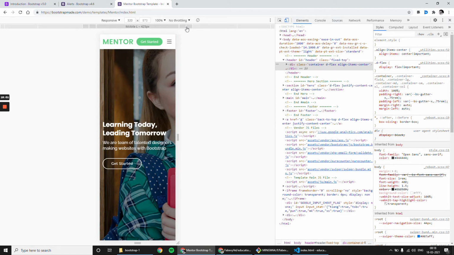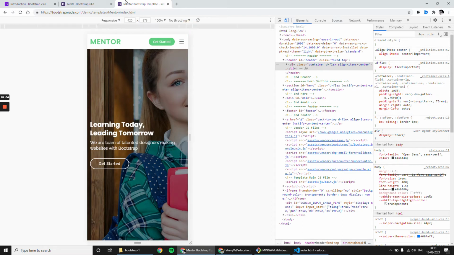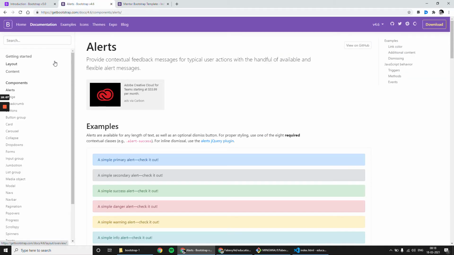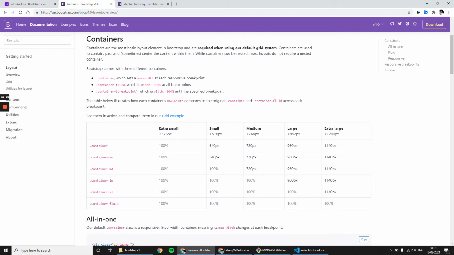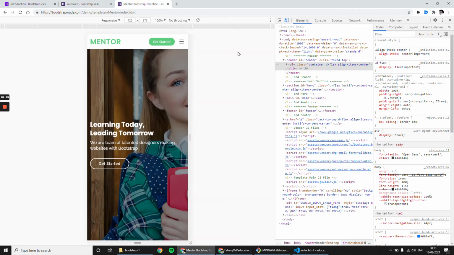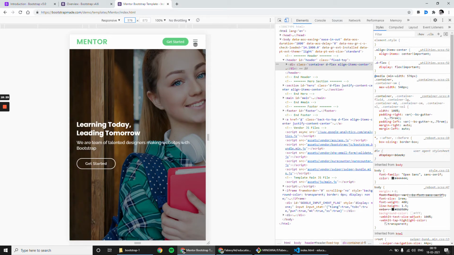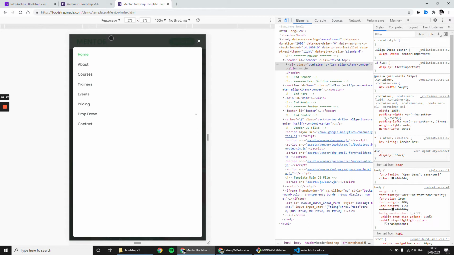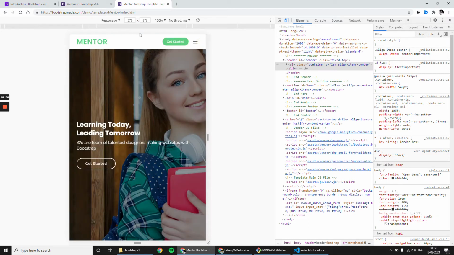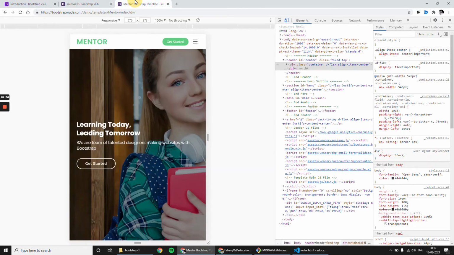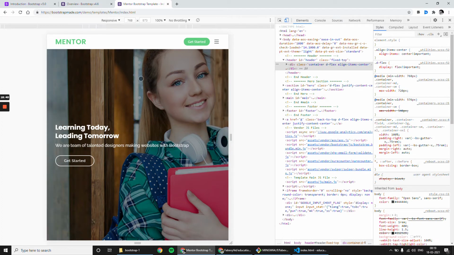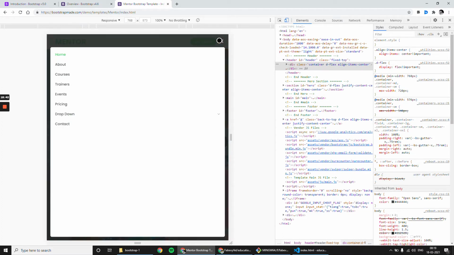And the next breakpoint is, what is the second breakpoint of Bootstrap? Layout. First one is up to 576, second one is from 576. So I have to give 576. There is no big change in this section. In this section also they maintain the same layout. And what is the next breakpoint? Medium. It is 768. In 768 also they maintain the same layout.